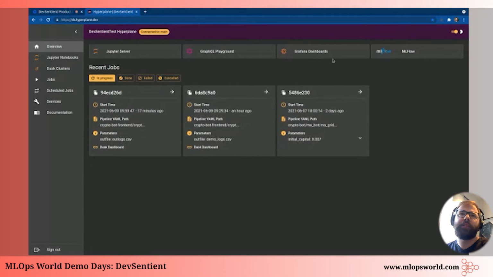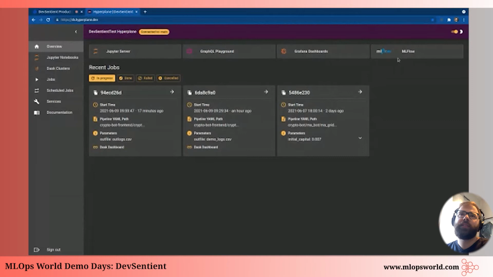Thirdly, we have the Grafana dashboard. So this allows you to monitor various metrics related to your jobs or pipelines, things like CPU usage, memory, network bandwidth, those types of things. And then lastly, we have MLflow integration.